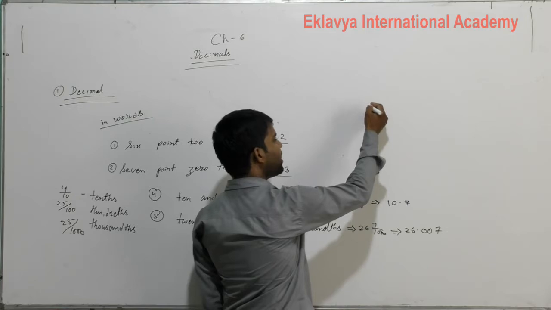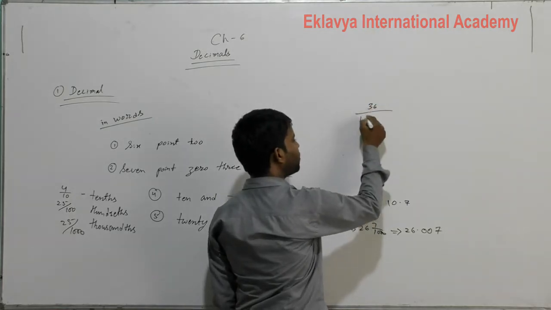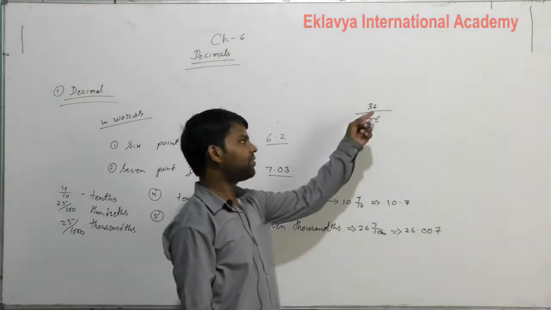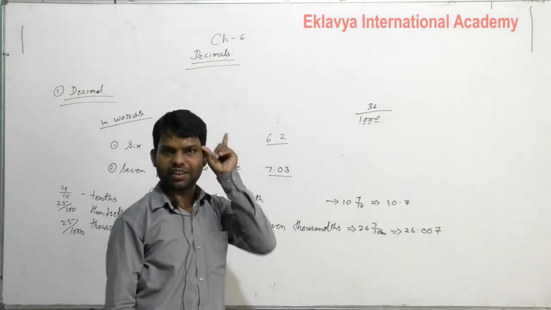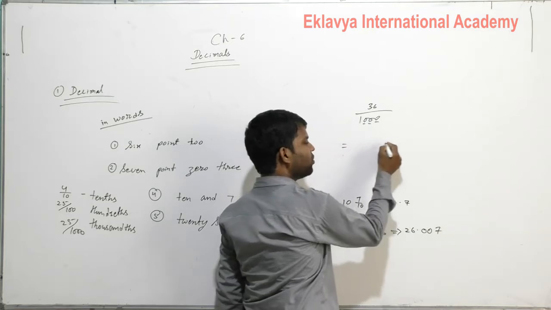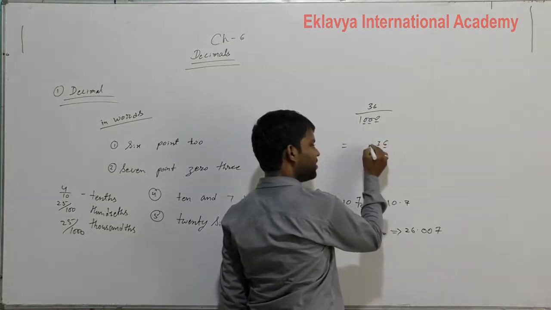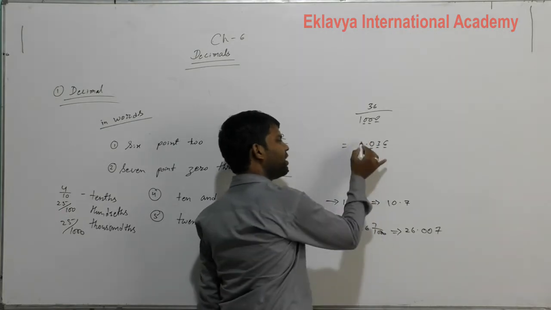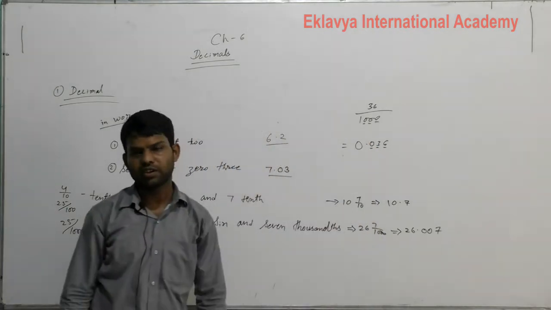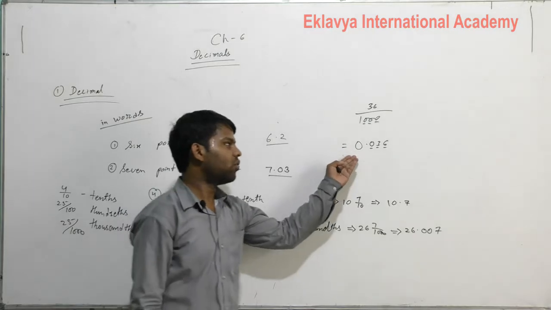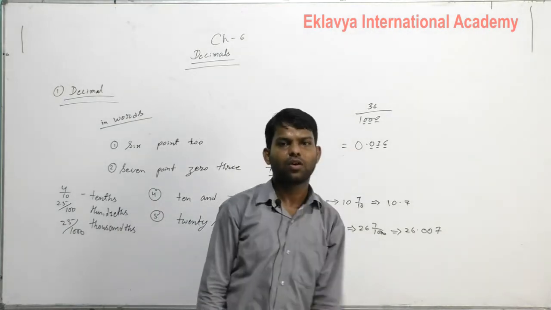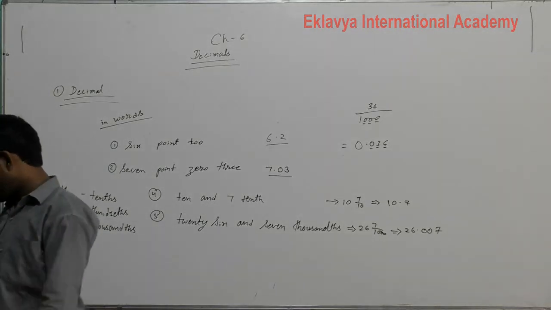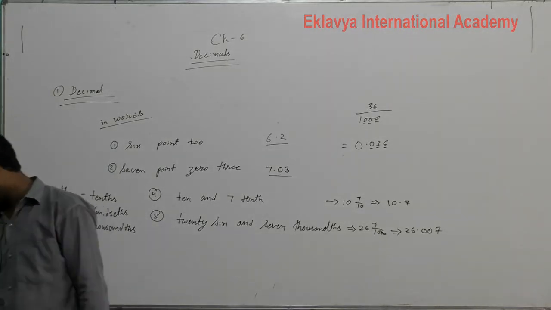Because if we divide any number like 36 upon 1000, then we count the zeros, here 3 zeros, then we put the decimal point after 3 digits. Here we have 6 as the first digit, 3 as the second digit. Now we don't have any more digits, so we put 0, and after that we put the point, and we can also write 0 here. Why? Because 0 always shows a number. Okay students, so in this way we can represent any decimals in the form of numbers.